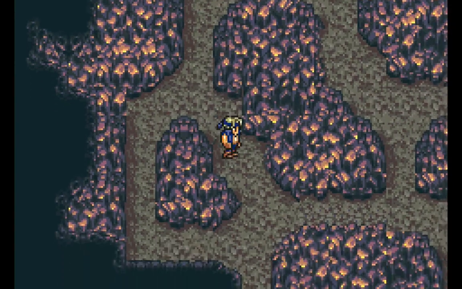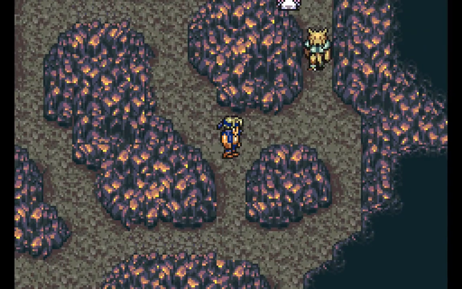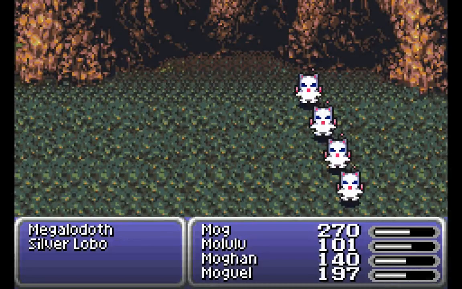Okay, I believe that's all of the wolves. Oh, there's one more. Okay, let's see if we can head them off and pass there. Okay, well I'll show you this. Now if one of the wolves happens to run into one of your other party members, they'll automatically engage in battle with them,